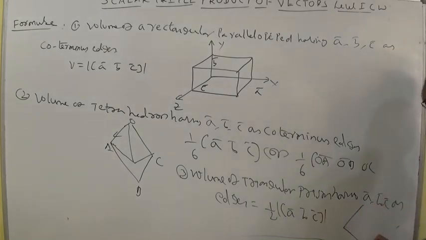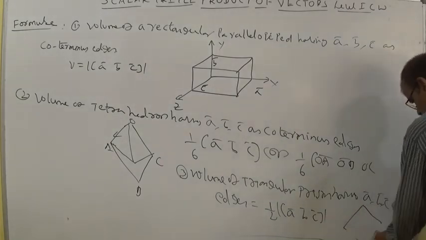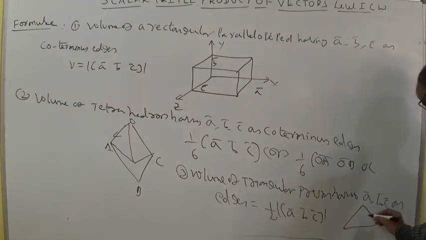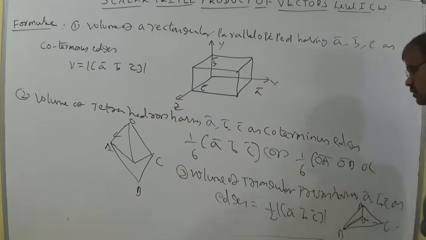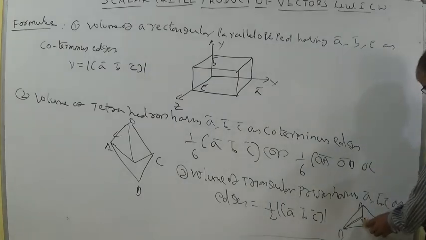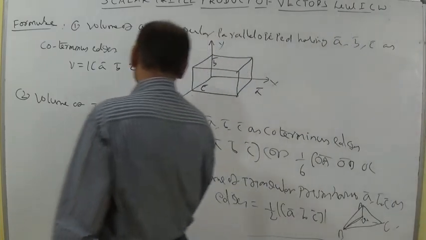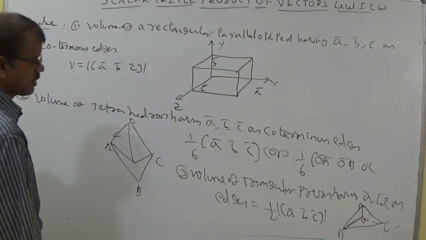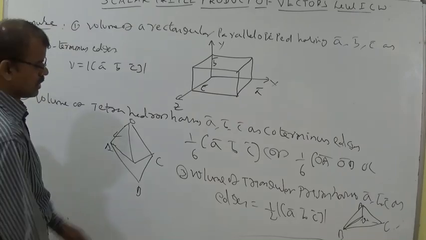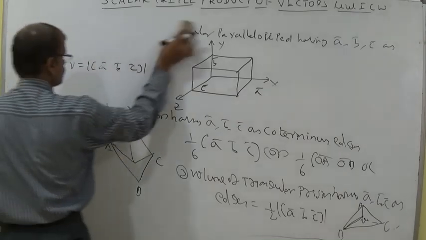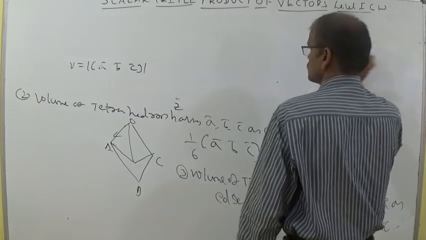The prism is also like this, a triangular prism. Total 3 shapes. Triangular prism, let it be ABC. O is the origin. Capital A, capital B, capital C are the position vectors of ABC, that is A bar, B bar, C bar. Then the formula of volume is equal to 1/2 into box ABC.